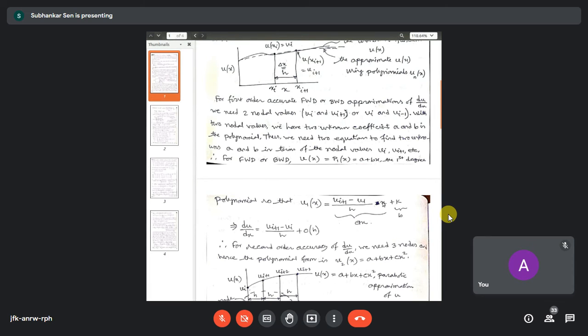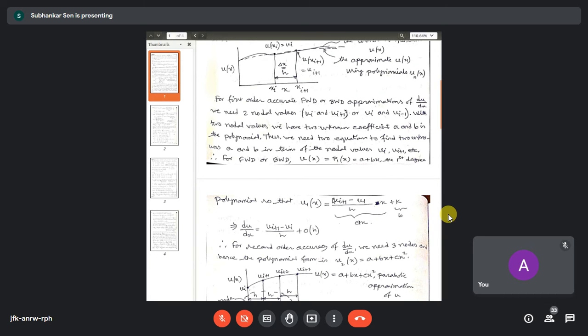So it will be x to the power 1. This is not at node 1, it is the order of this polynomial for u. So this is a constant. You can see here, this is the slope. Okay. So this slope is ui plus 1 minus ui by h. So you know the coordinates, what is the slope? Slope equals to y2 minus y1 by x2 minus x1. So this is the same thing. Slope equals to y2 minus y1 by x2 minus x1. So this is tan theta.